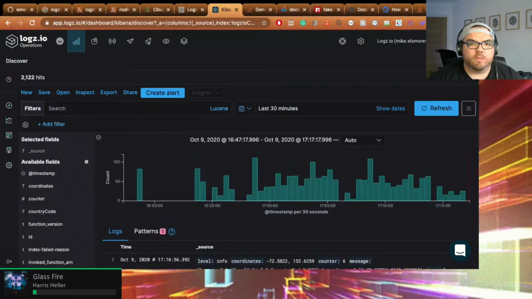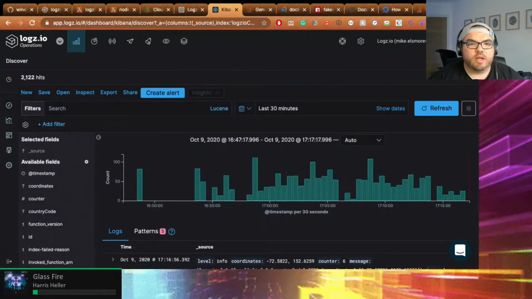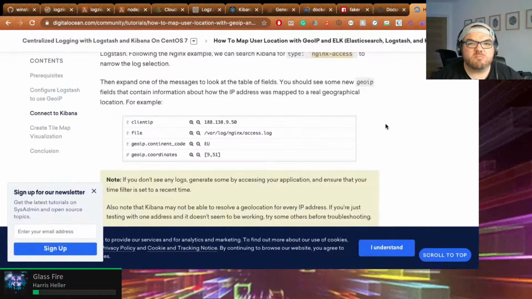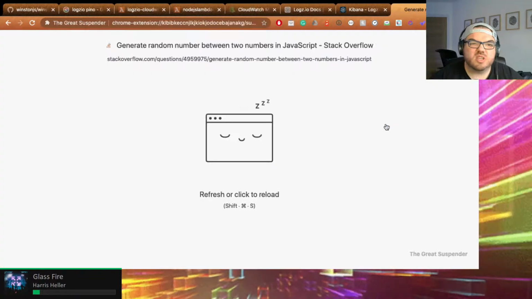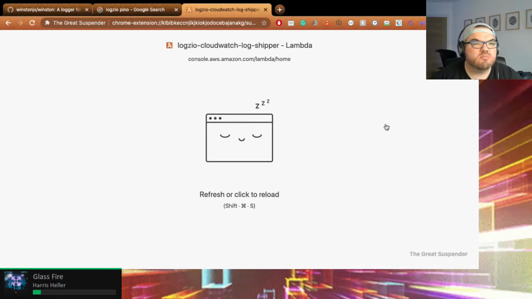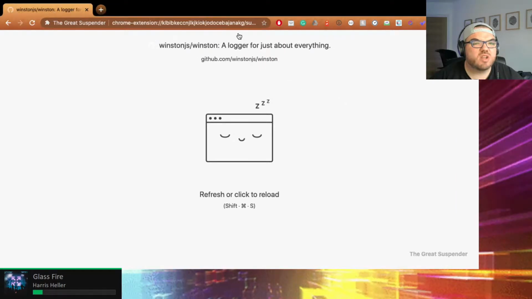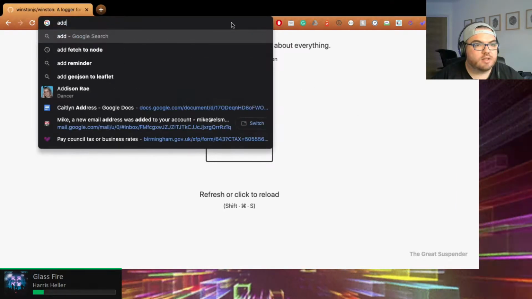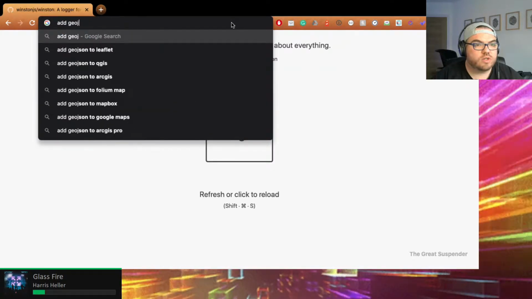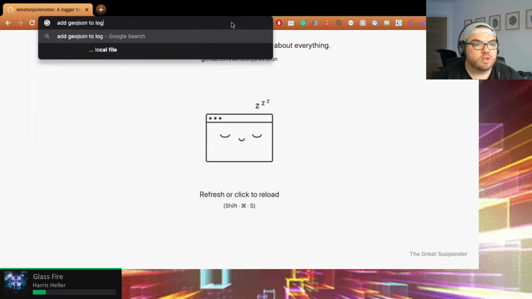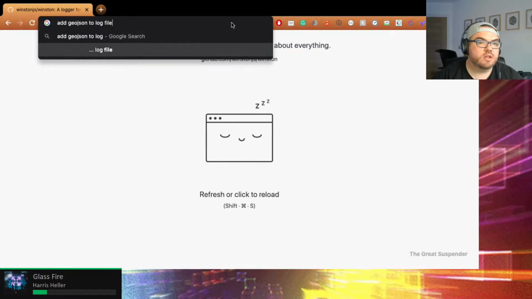Okay, so what I said earlier about having this pretty done, yeah, turns out I'm missing a big old piece of information that I want. Let's start with that. Add GeoJSON2 log file.